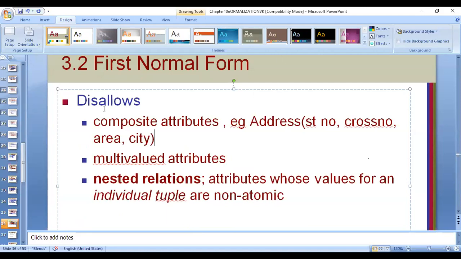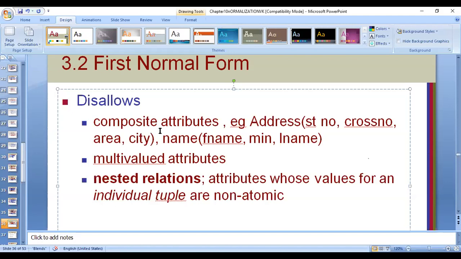Suppose now, as I was telling you, how do you prepare a table? Initially, you start with an ER diagram. So in our employee ER diagram, as you all remember, we have one composite attribute called name. What are the components of the name composite attribute in the employee table? We have the first name, then the middle initial, and third, the last name. So these are the three components we have in our ER diagram when we prepared it initially.